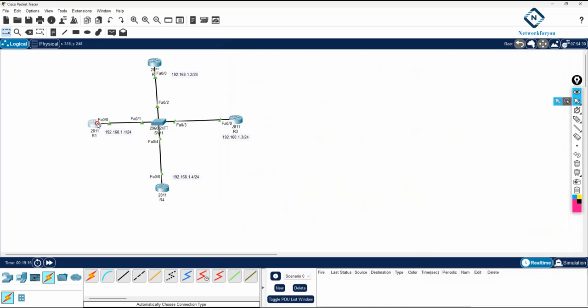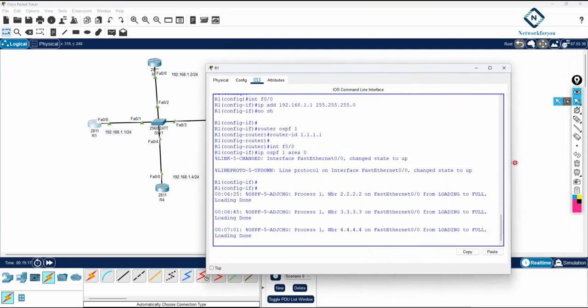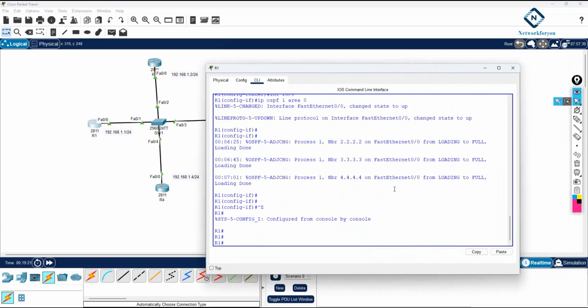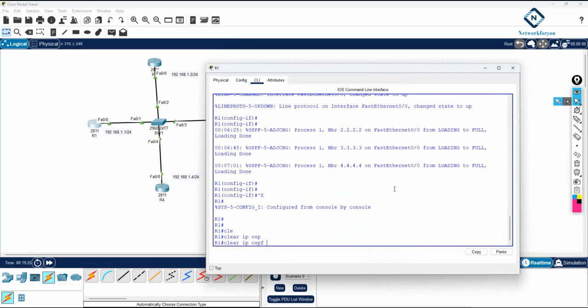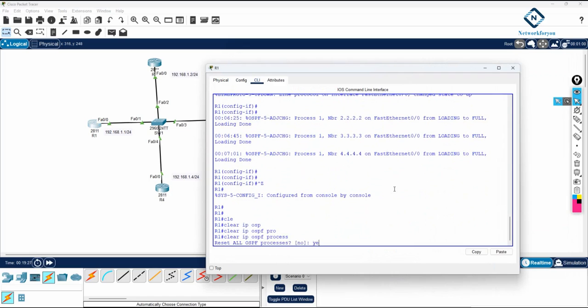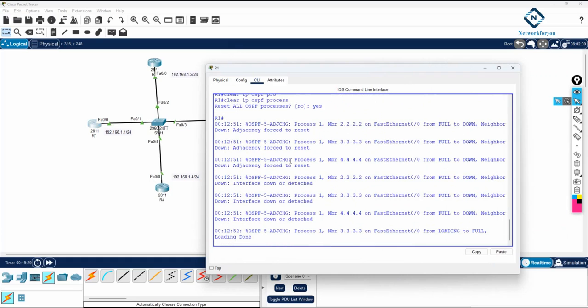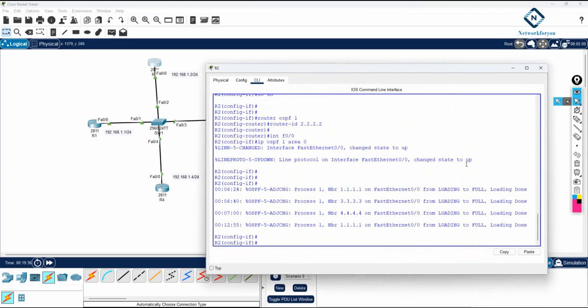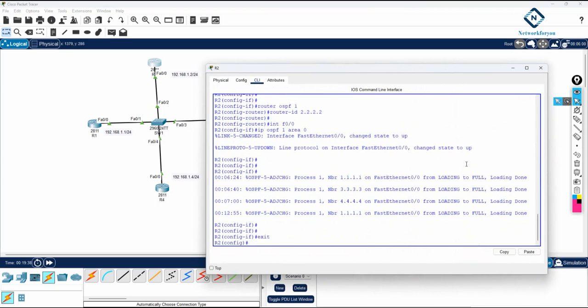So what do we need to do? We need to reset the OSPF if you want to bring it back to the correct one, or you can leave it like this also. But if you want to correct that, write clear IP OSPF process, then write yes. Okay. We need to do this in all routers, or let's check here. I will write here